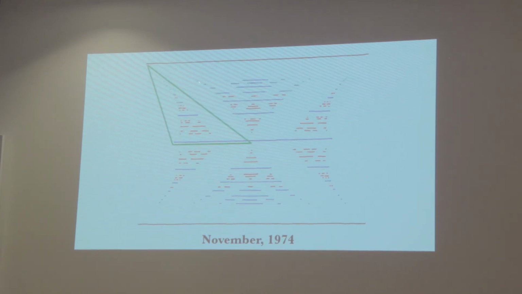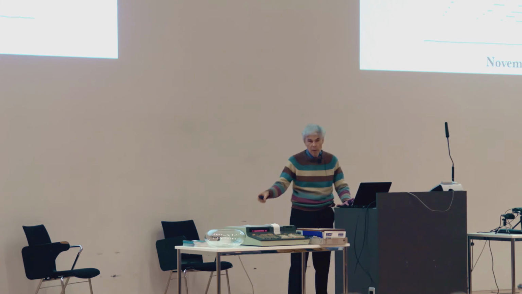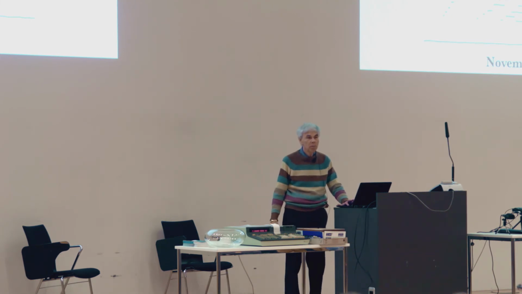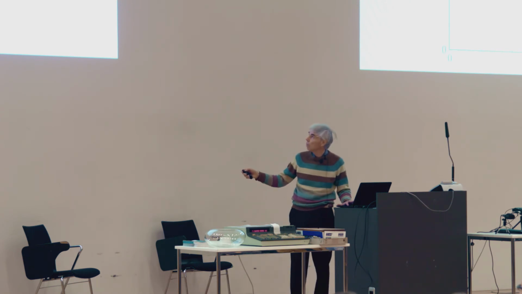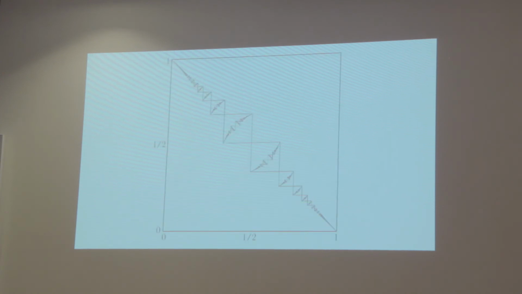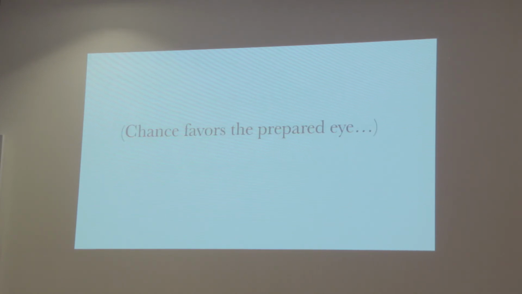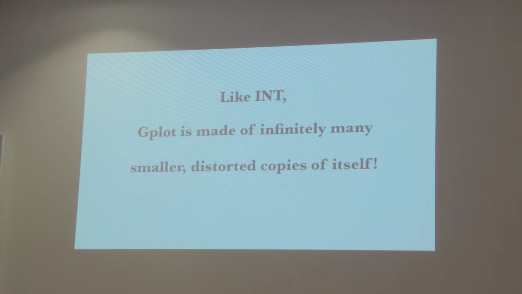And the same thing happens here, but you can't really tell. It turns out that it's a much more complicated structure. But I recognized the pattern that I knew from many, many years earlier. So this was the pattern that I knew. And then this idea that this was a copy of the graph, and this was a copy of the graph, and so forth. And so what I guessed was that the graph was made of infinitely many copies,